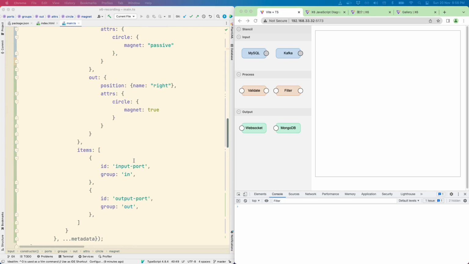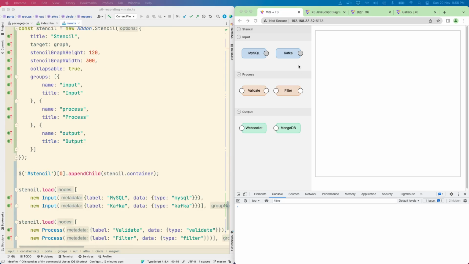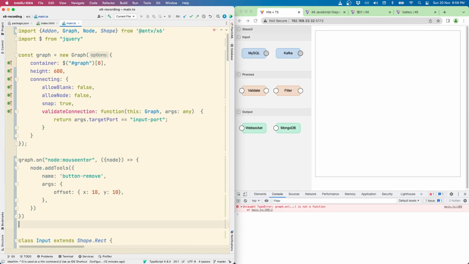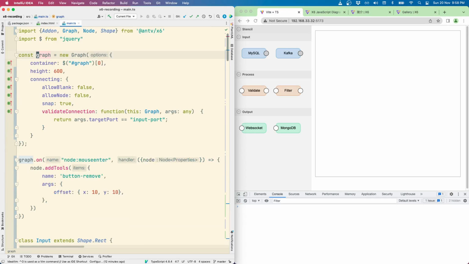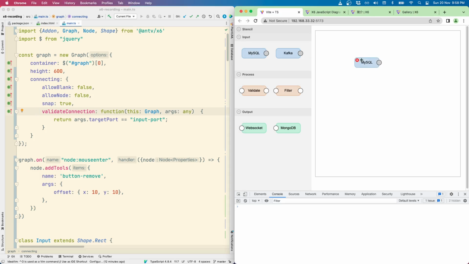What we're going to do here is, when the user hovers over a node, we're going to add a button in that node that allows them to delete that node from the graph. Okay, so now when we hover over the node, we can remove it by just clicking on the X button.